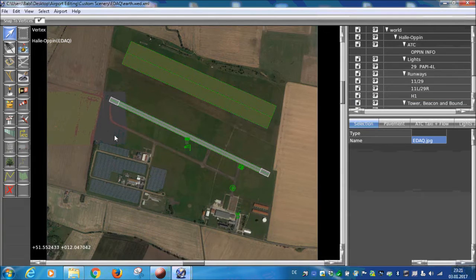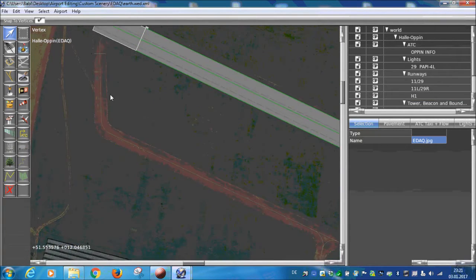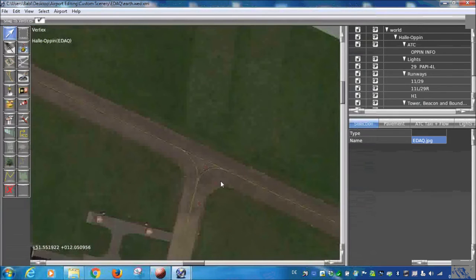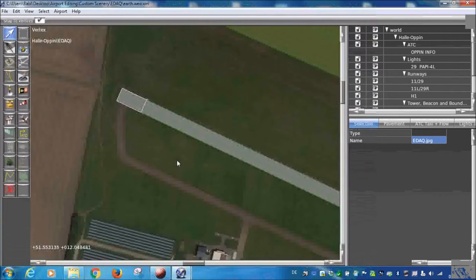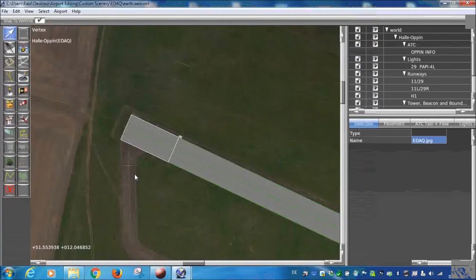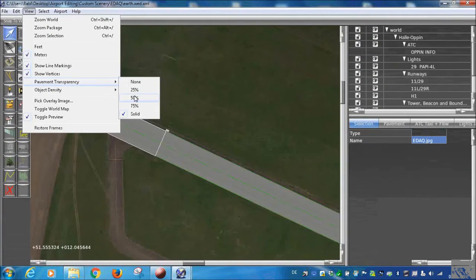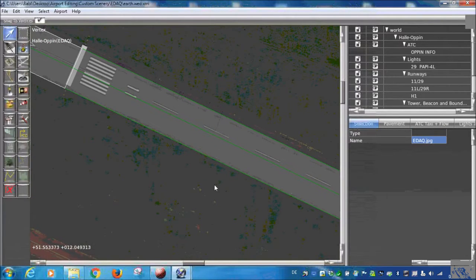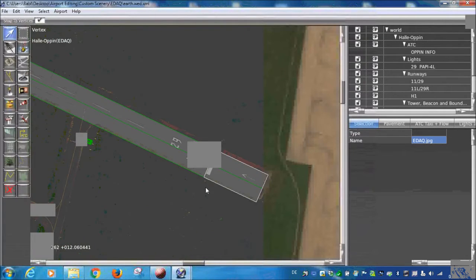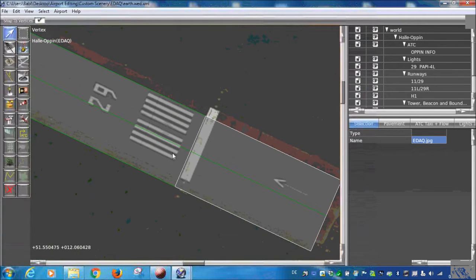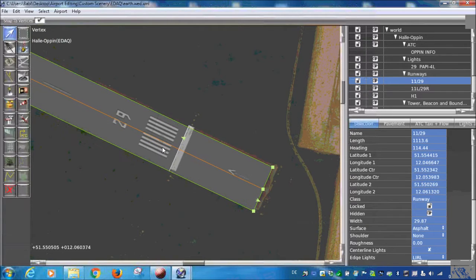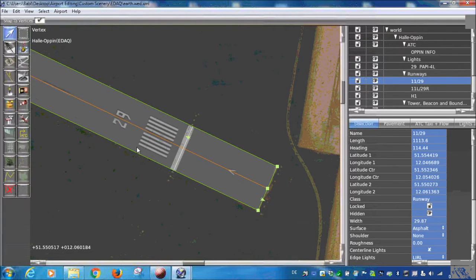There are many ways you can start with editing. I usually start with the taxiways and will continue with the lines afterwards, but you can also do it the other way around. So very first we will set our pavement transparency to 50 or 25%, so we can see what's underneath the surface. As you can see, the runway is a little bit off from the position it is in real life, so we will select the runway and move it so the edges of the runway fit the edges of the